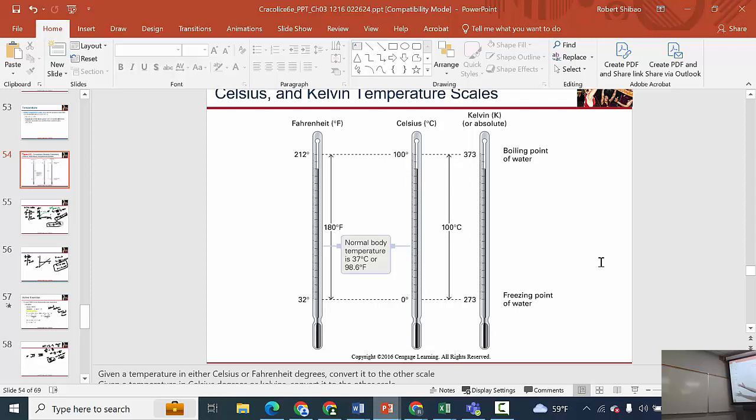So what is ambient? Ambient is just the temperature of the room. That's what ambient is. And so when we do calculations with temperature, we have to use two different equations. One equation for temperature changes, the other equation for ambient temperature. The ambient temperature is going to have this offset. The temperature changes won't. Temperature changes will just have the